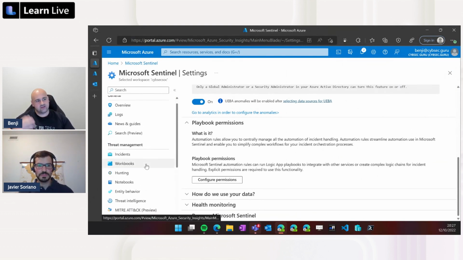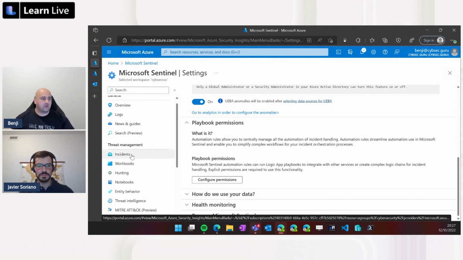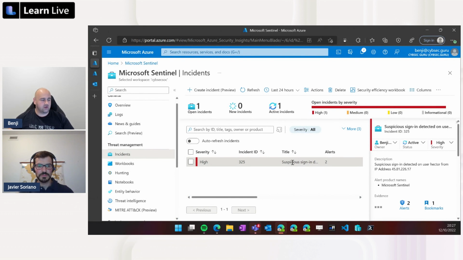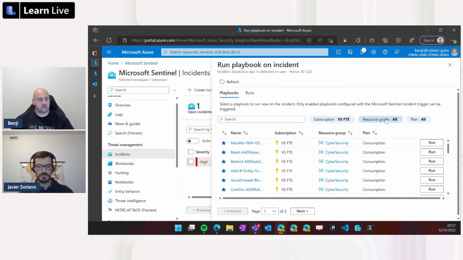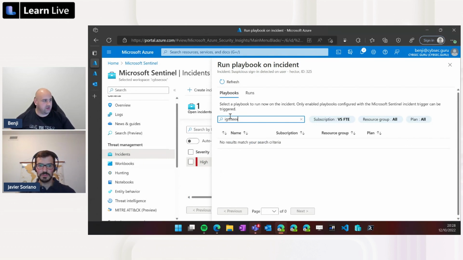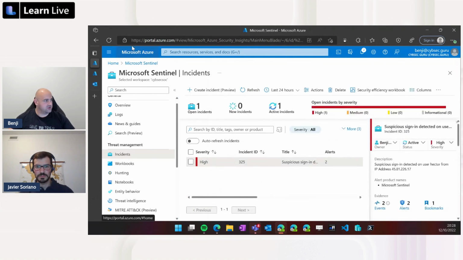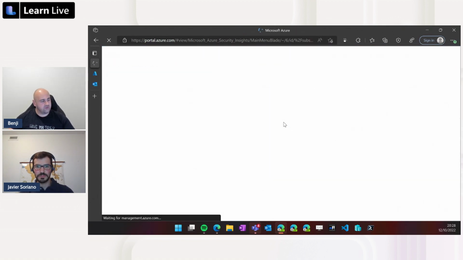To run a playbook, and in this case, we mentioned that we'll be running it on demand, we will go to the incident. And of course, we need to have the incident first. Now we need to run a playbook. How we will actually run it is right-click on the incident, run playbook, and it will open the list of the playbooks that we have. We can mark any of them as our favorites. Since I just created it, it is not my favorite. So let's search for it, and let's make sure that we have all the resource groups enabled. Let's refresh, so that it gets the permission that we just assigned.